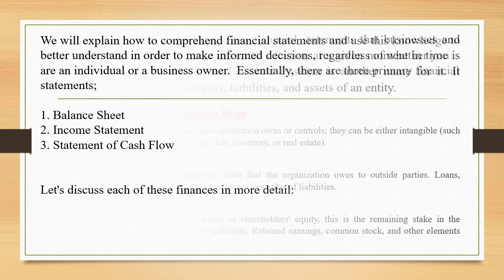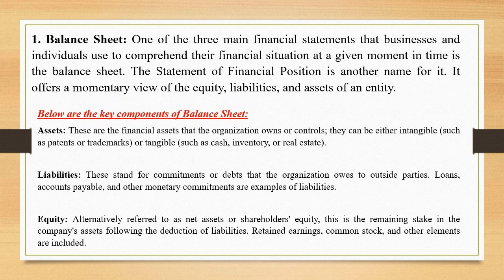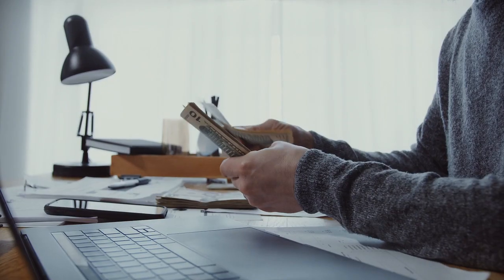Assets. These are the financial assets that the organization owns or controls. They can be either intangible, such as patents or trademarks, or tangible, such as cash, inventory, or real estate. Liabilities. These stand for commitments or debts that the organization owes to outside parties. Loans, accounts payable, and other monetary commitments are examples of liabilities. Equity, alternatively referred to as net assets or shareholders' equity, this is the remaining stake in the